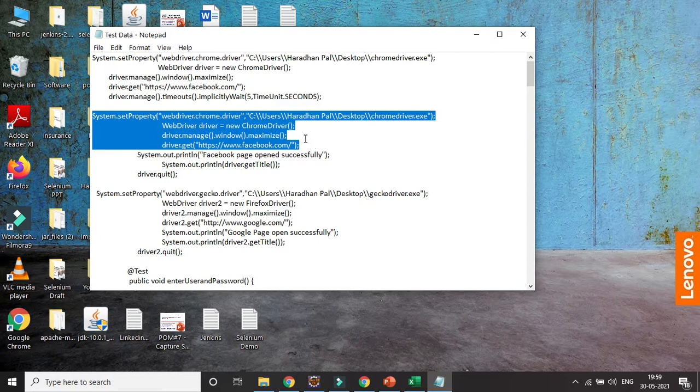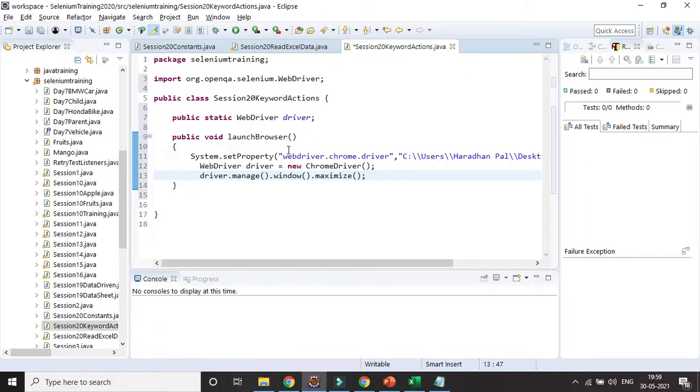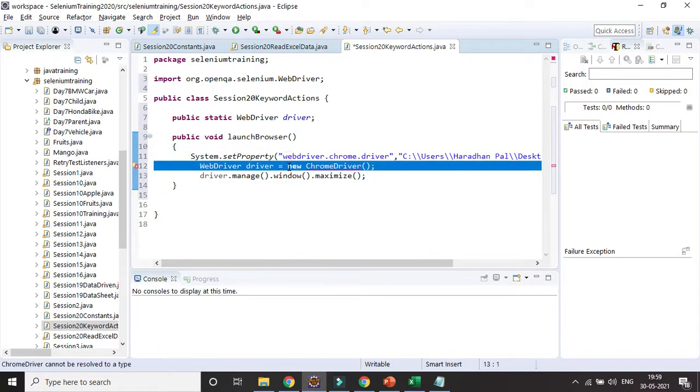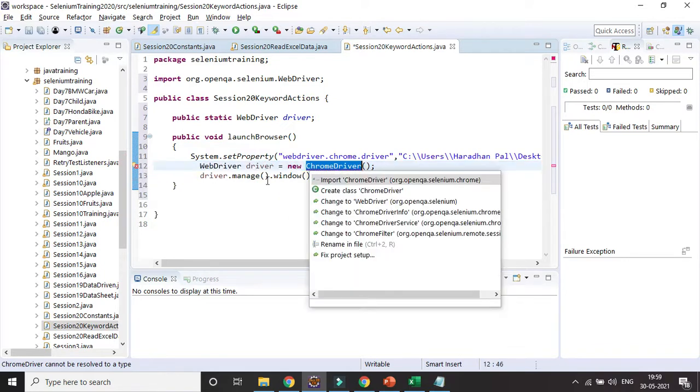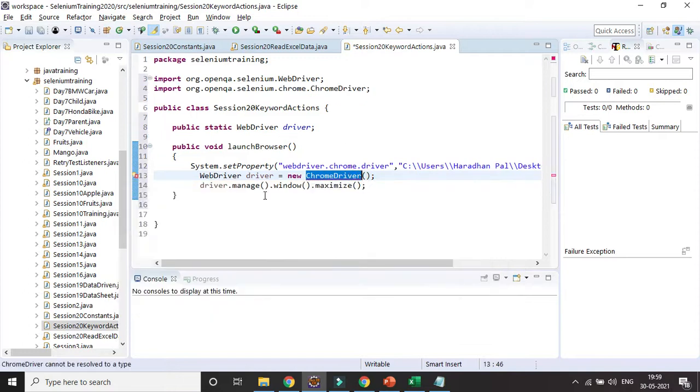So it is launching the browser, right? I am setting the properties, creating a driver, and maximizing it. I need to import the ChromeDriver, right? So that is the one method I have written.